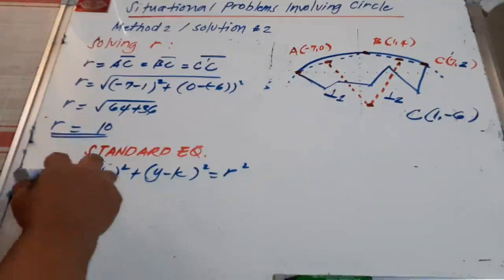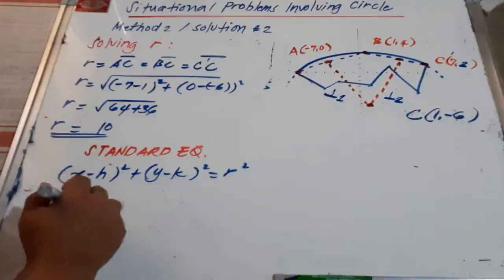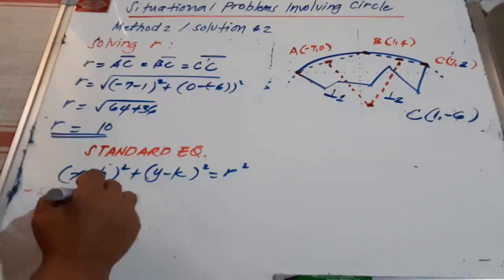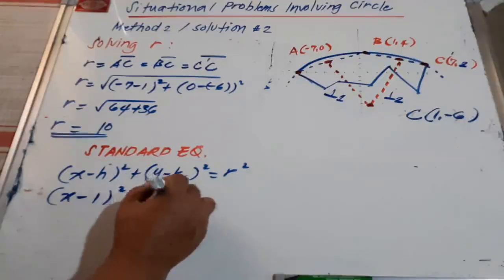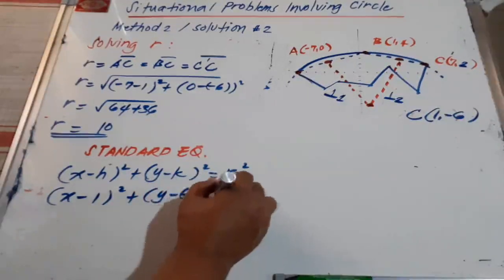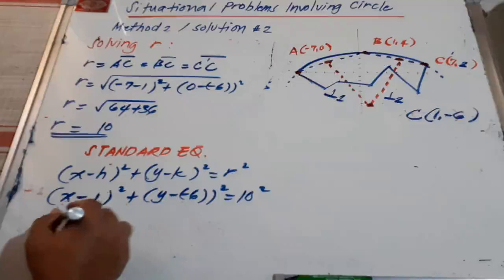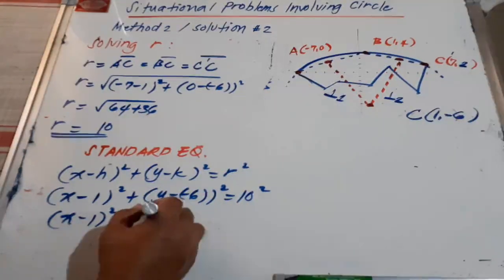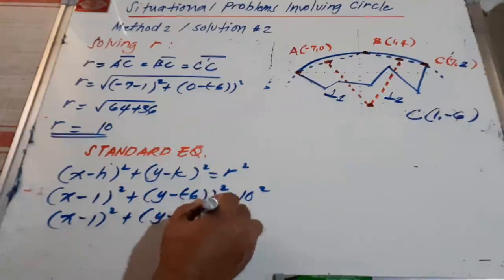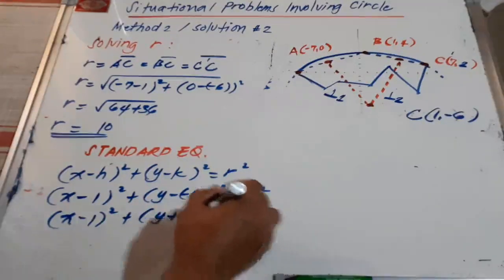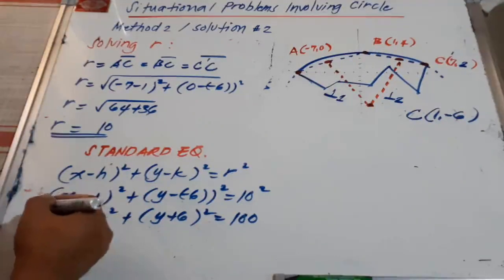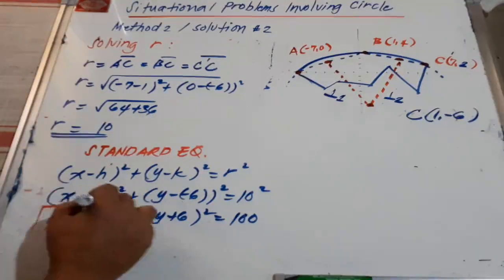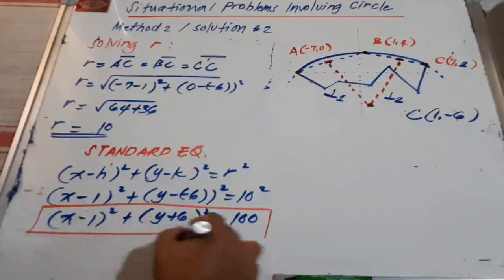Substituting the values na nakuha natin, h is 1, k is negative 6, r is 10. So we have x minus 1 squared plus y minus negative 6 squared equals 10 squared. Then we have x minus 1 squared plus, y minus minus 6 is y plus 6, and 10 squared is 100. So this is our standard equation of the circular plate na nadag up sa